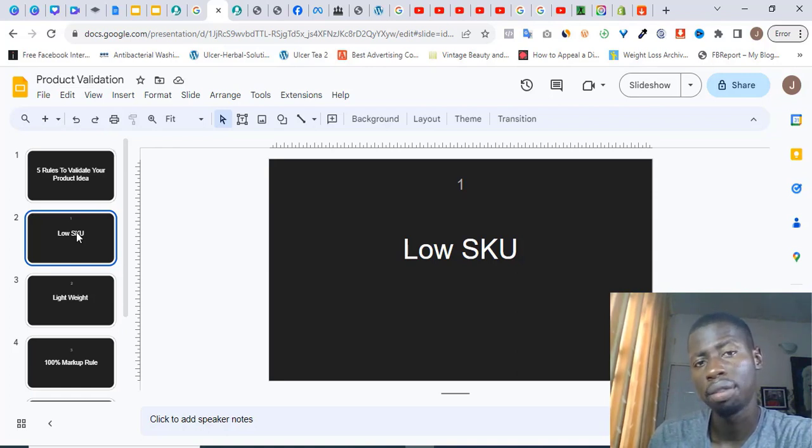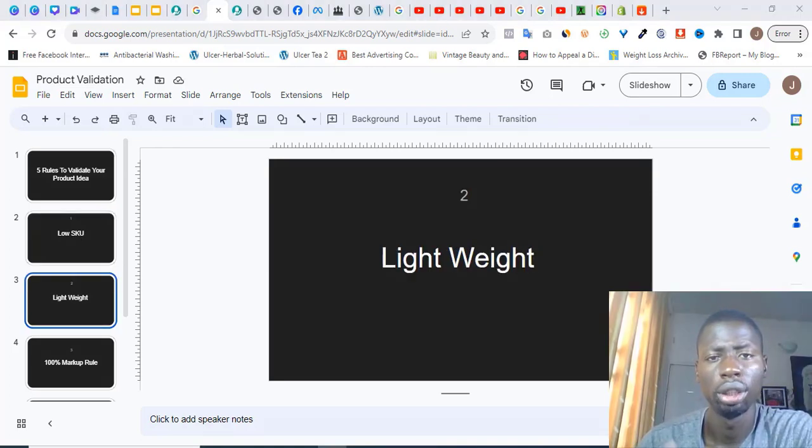So if you have any product on your list right now that has high SKU, what you want to do is cross that product out. You know that's not a product you should go for. Okay, so number 2 on our list of rules that you need to follow to validate your product before going ahead to test it is